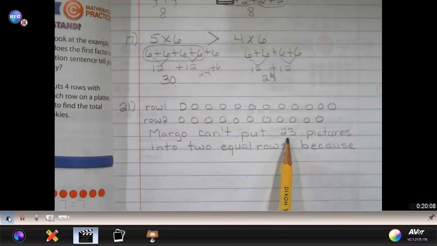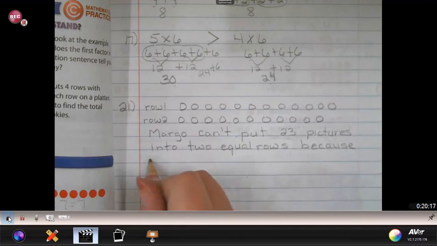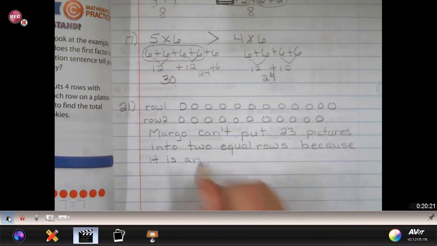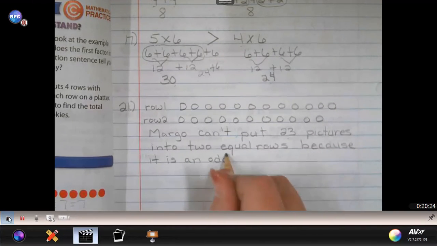And since it's not even, we would be unable to put it into an exact partner pair here. So, because it is an odd number,